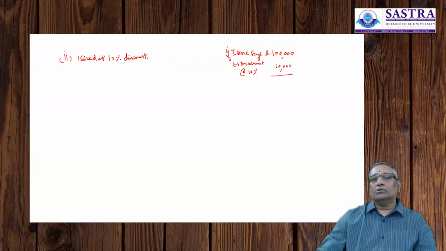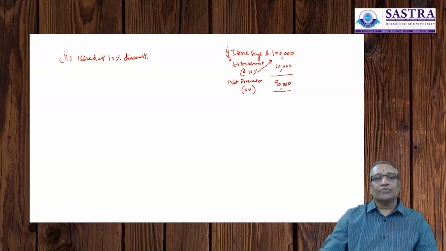So your realizable value, net proceeds, or here in the formula it is called SV, sale value, will be only 90,000. But your interest commitment will be 10% on 1 lakh. You have to pay annual interest of 10,000